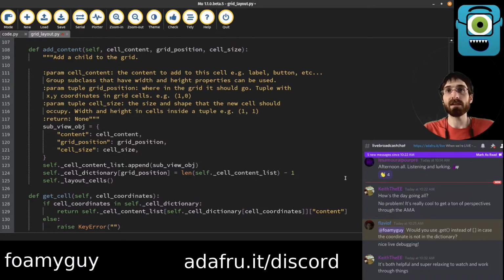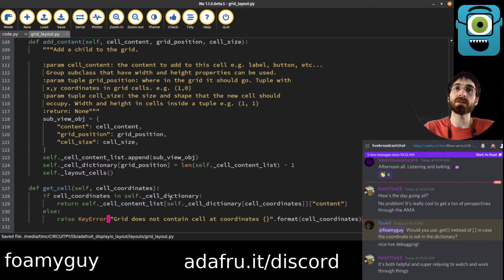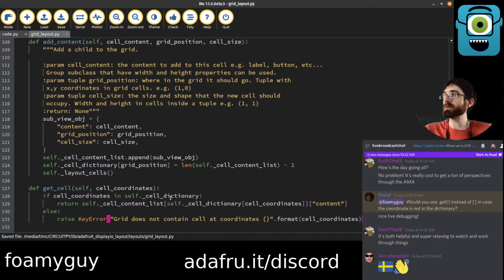I think that makes sense. Key error, but we can give it some custom text. Let's make it say, cell. Let's see. Grid does not contain cell at coordinates, and then we'll show them the coordinates they put. Format cell coordinates. There we go. So it is still going to make an error, but the message that it prints will be